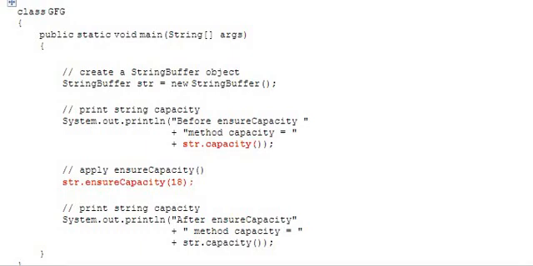So look at the program, str.capacity, and you are applying ensureCapacity, str.ensureCapacity(18). So we have str.capacity before using ensureCapacity and after using ensureCapacity.